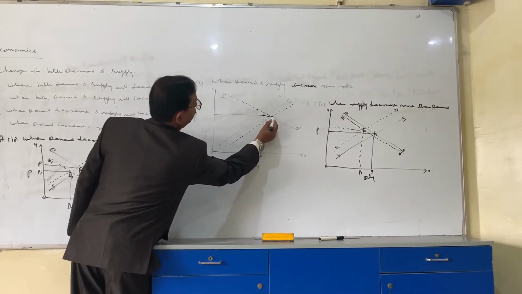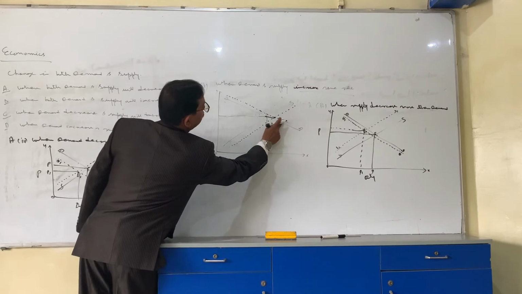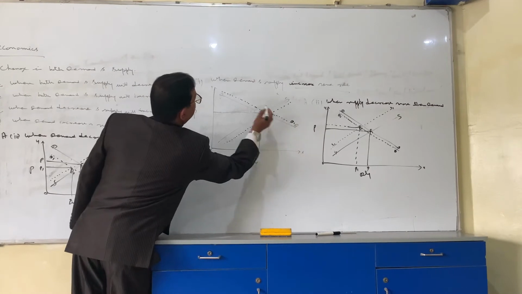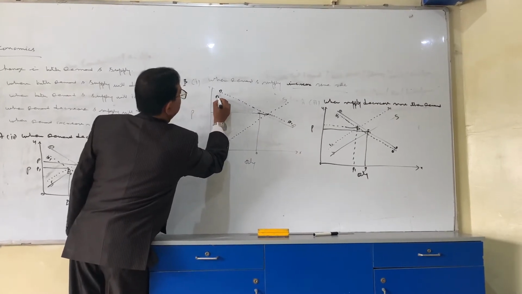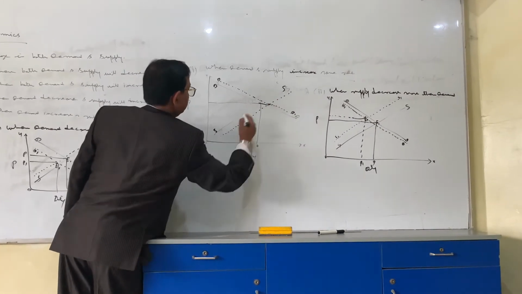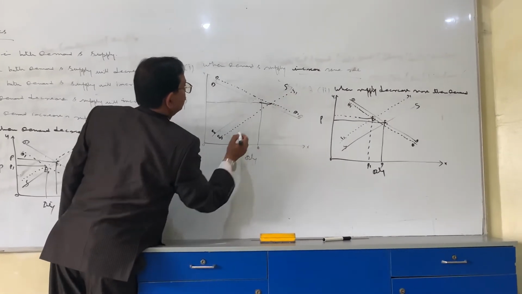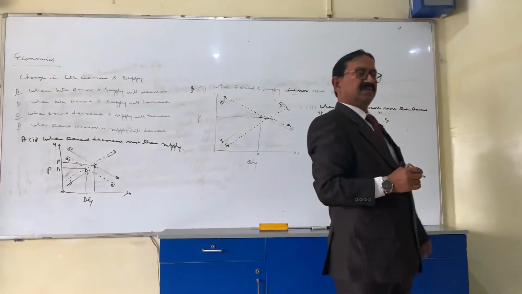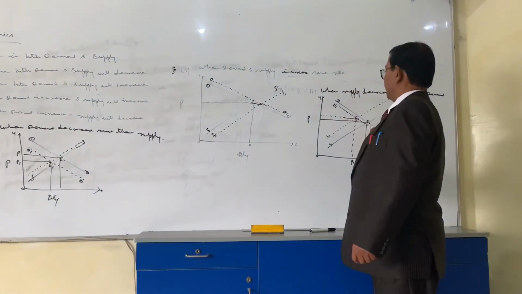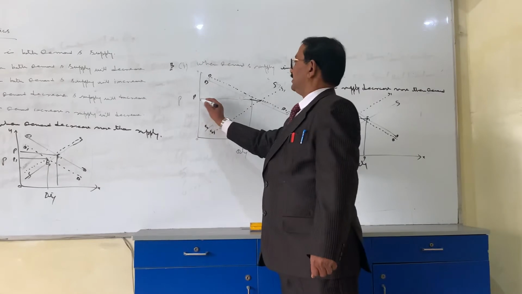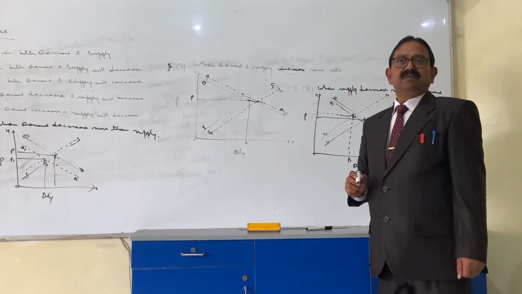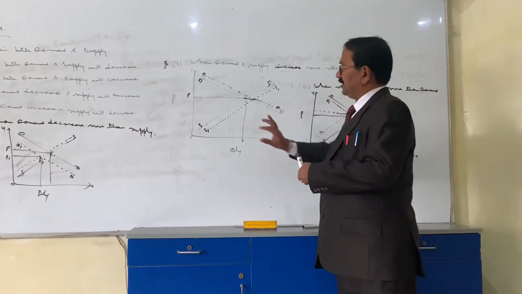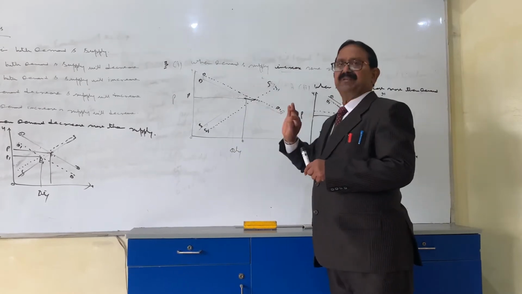Look, this is what is cutting in front. This D1, this is D, this is S, S1. So what is this? Equilibrium price will not change, same equilibrium price. The price value is here the same, that is only extended. This P is extended because both increase at the same rate, maybe 20% increase by supply and 20% increase by demand, the equilibrium is